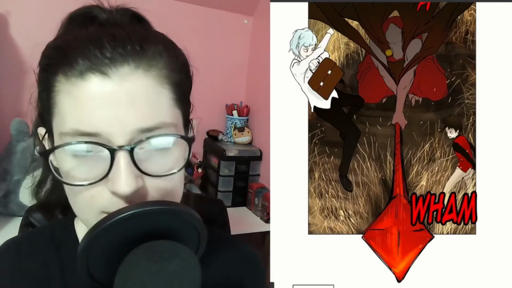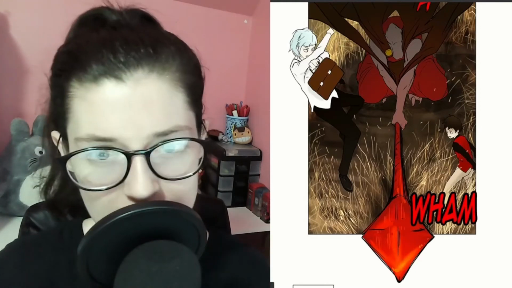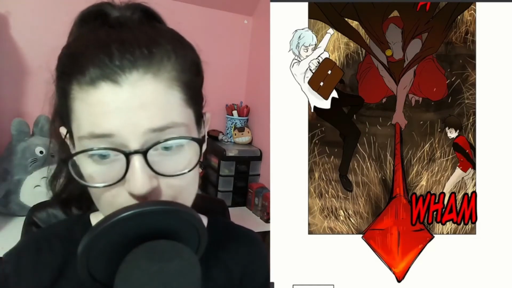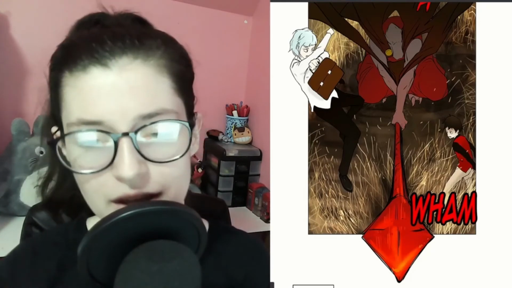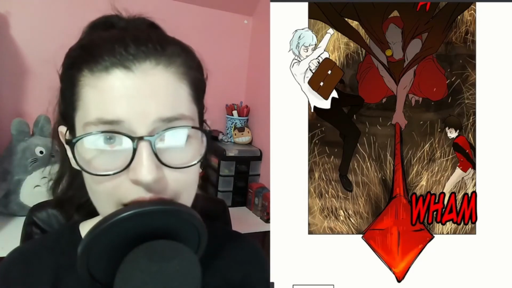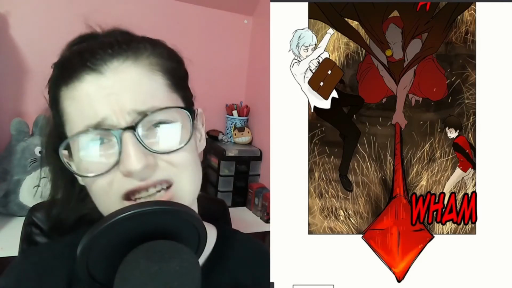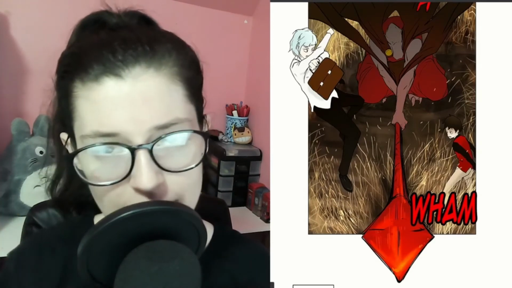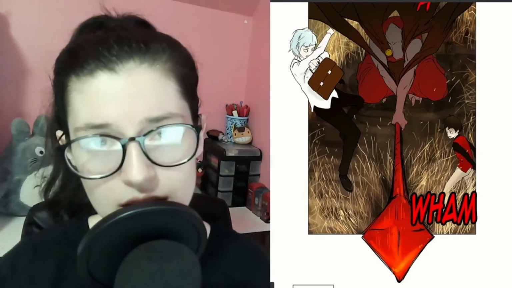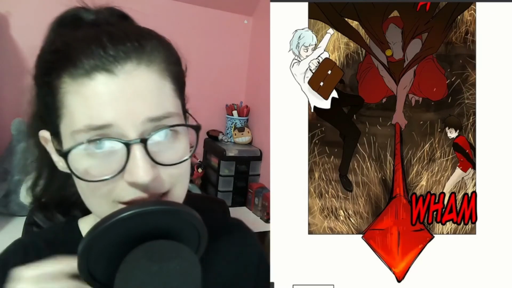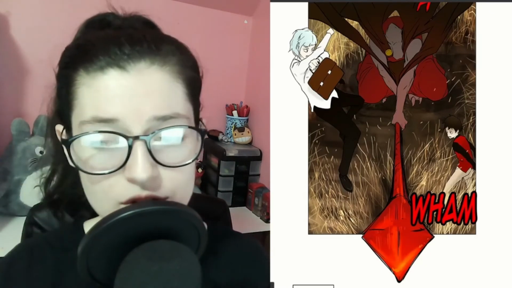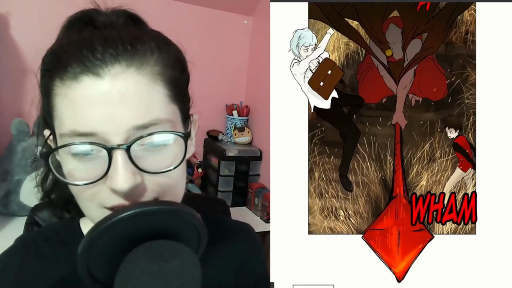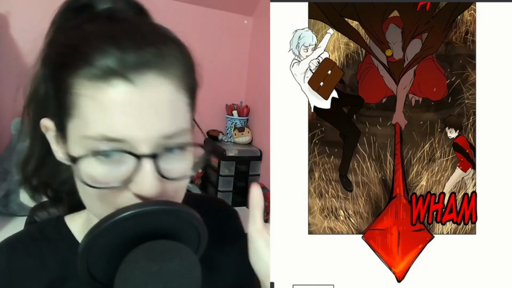I don't know what the next part is, but it's going to help transition a little bit because the action is facing down. So as you're reading, the action is leading you to the next part by leading down, because this is a webcomic, so we're going top to bottom. In traditional Western comics, you're going to have action that goes to the right, because you read left to right. If it's Eastern comics like manga, you're going to have action that goes right to left, because that's how those comics are read. So just some cool things that are happening with the way this particular panel is designed.